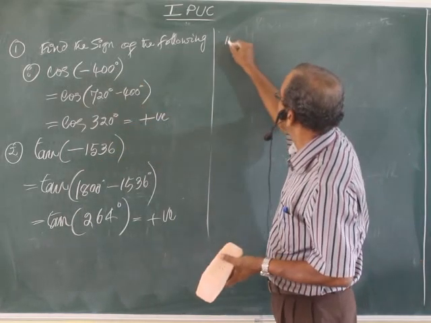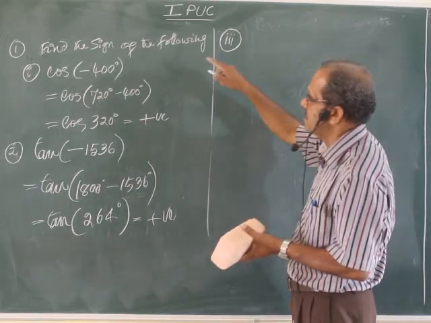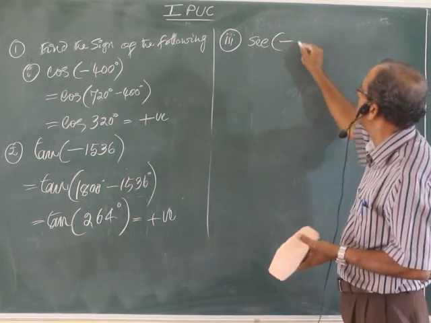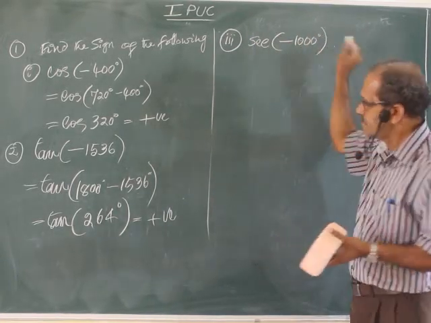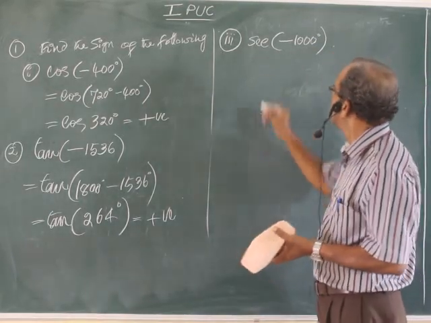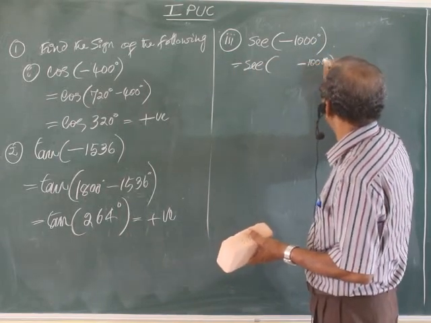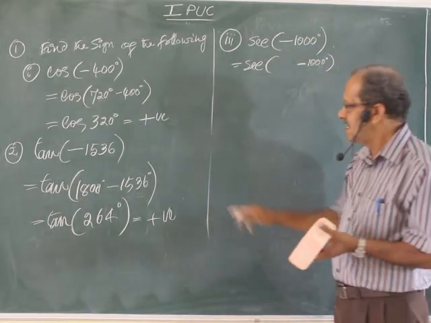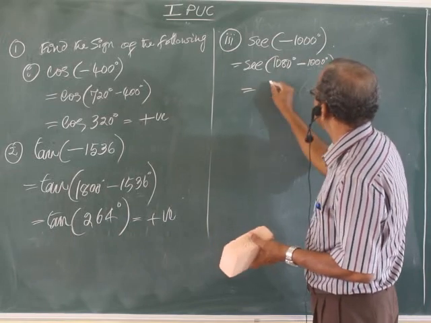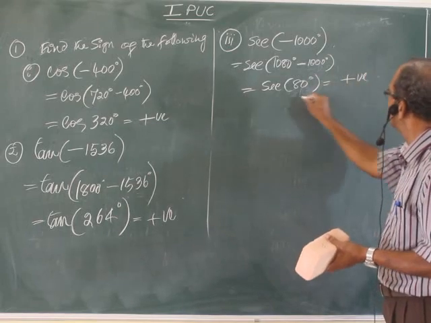In order to make it clear, let me write a third example, so that we have 3 examples. Let me take a secant now. Secant of angle negative 1000 degree. Take the multiple of 360 greater than this 1000. We have seen here 1080 degree. Subtraction will give you only 80 degree. First quadrant, all are positive. Finish.